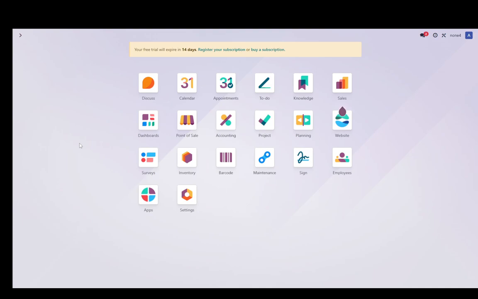In this video, I'll be explaining to you guys how you can dropship in Odoo, so let's get right into it. Now for this, you're going to need the point of sale module. I do recommend the accounting and inventory modules as well, and I do recommend that you search for another module